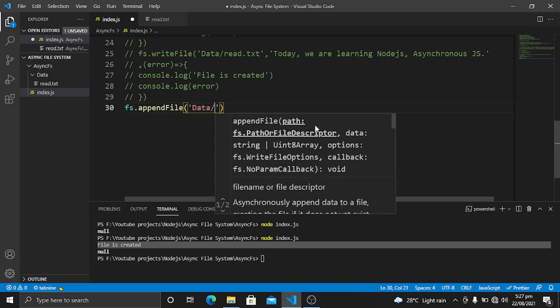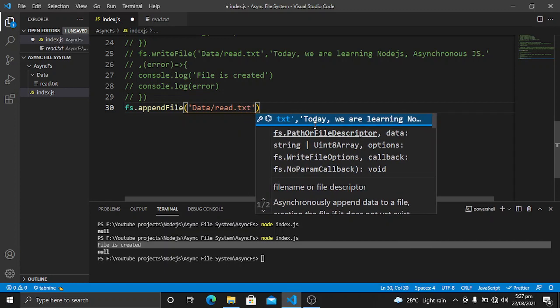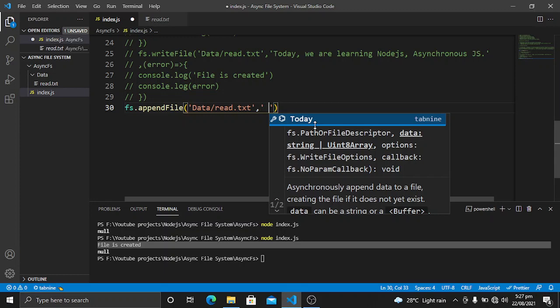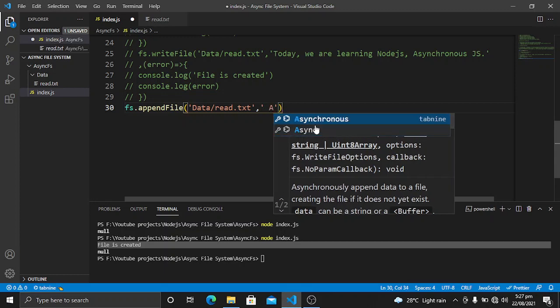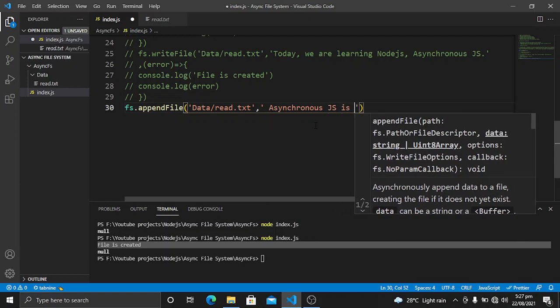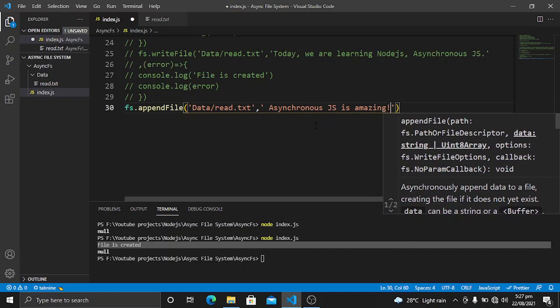So it will be in the data folder, in the read.txt, and the content that we want to add, so I will give it a space, and now I will write asynchronous JS is amazing. So let's add this content to the already existing file.